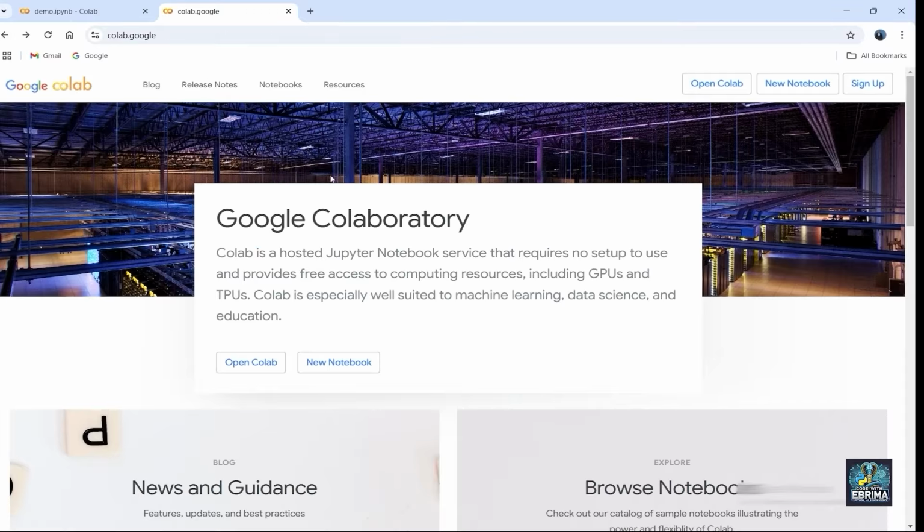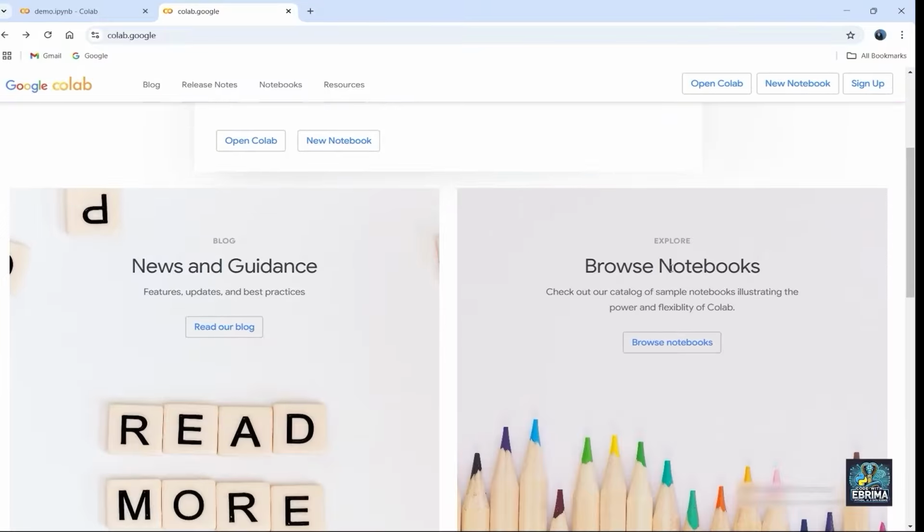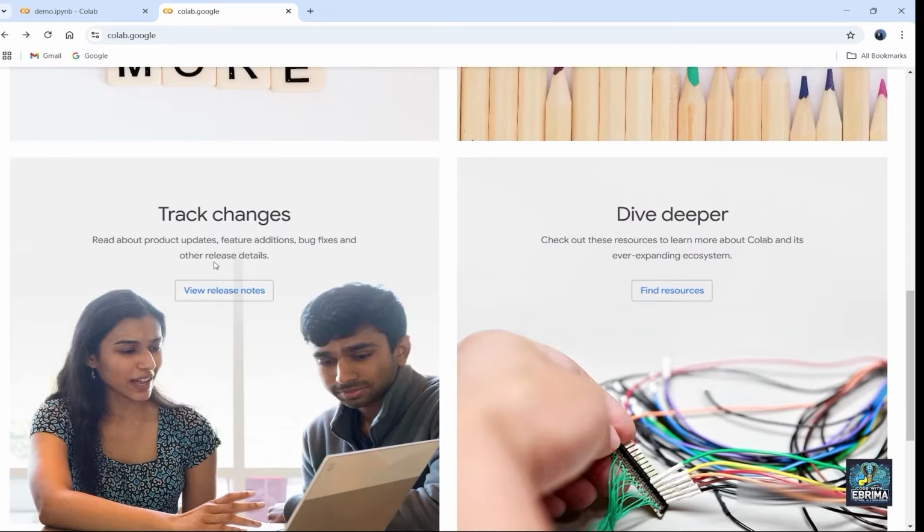All right, the next one that I want to show you is this one, browse notebooks. What it does is it explores a collection of sample notebooks showcasing the power and flexibility of Colab in real applications. You can go ahead and take a closer look at it. Then you can also come down here and maybe track the changes.